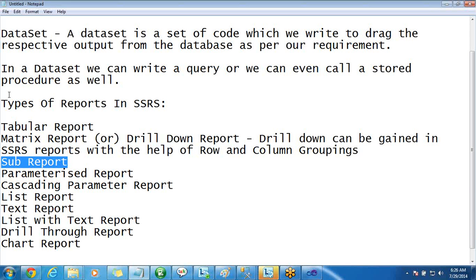What is a parameterized report? Usually we know when working with SQL Server, we have a parameters concept. In the parameters, if you are working with a stored procedure, based upon the values you specify to the parameter,